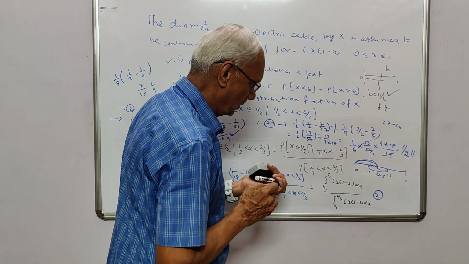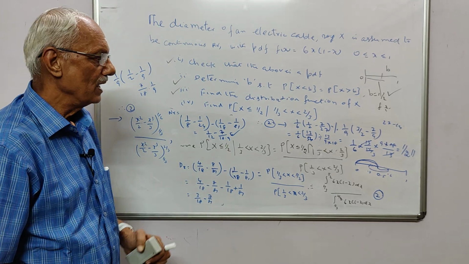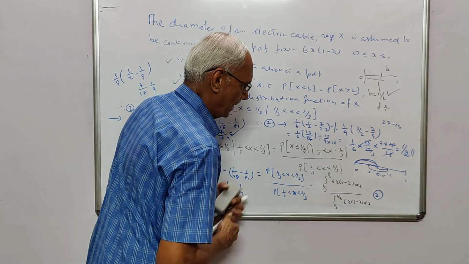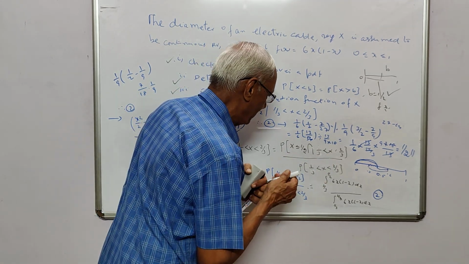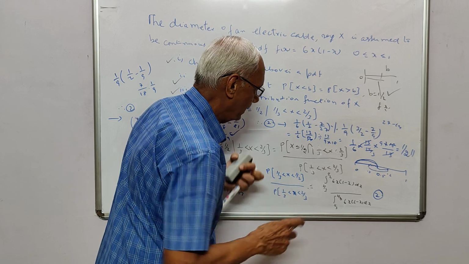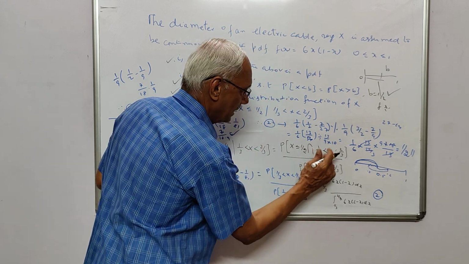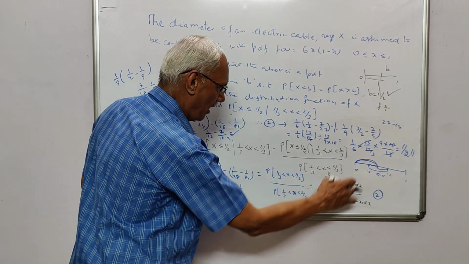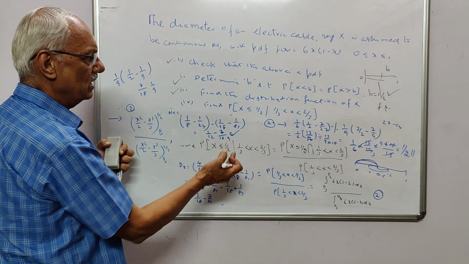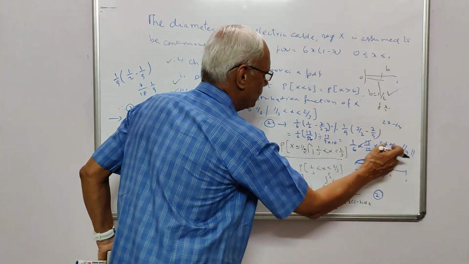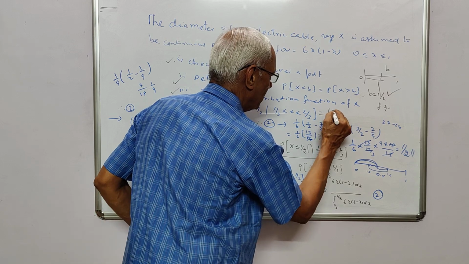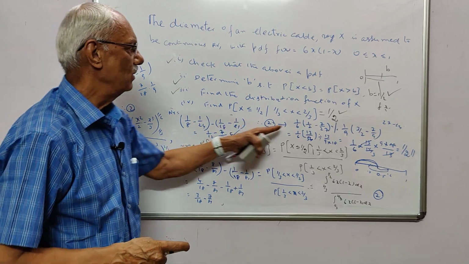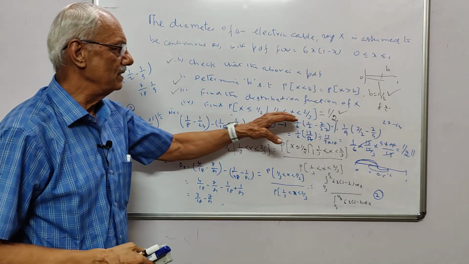I have not done anything else. The thing where you should concentrate is how you get this value. Finding this value is very, very important. Here I have got 1 by 3, which is nothing but this integral. I have shown you this. After simplifying all these things and giving the numbers, you get the value to be half. So I am able to get the value of this. This is your conditional probability, and this is what I have done.